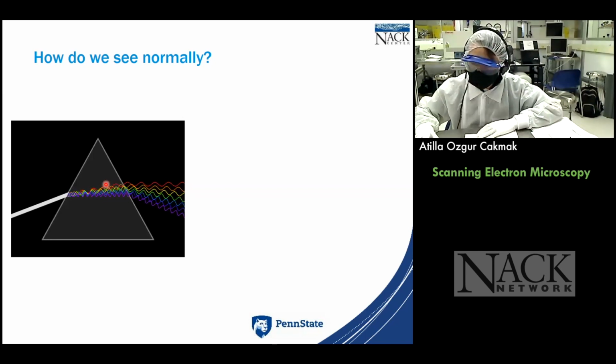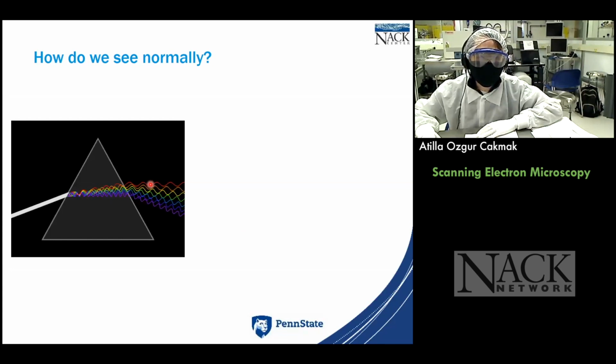All of us, probably a lot of us, are aware of this prism experiment that was proposed by Sir Isaac Newton as early as the 18th century. We've got the white light coming in, and it's getting dispersed into its different components, from the red component down to the violet component. Those are the colors that we see, and they leave the prism on different trajectories. Of course, we wouldn't be able to see this in this fashion. This is just an animation, but it's already tipping you off about the idea that